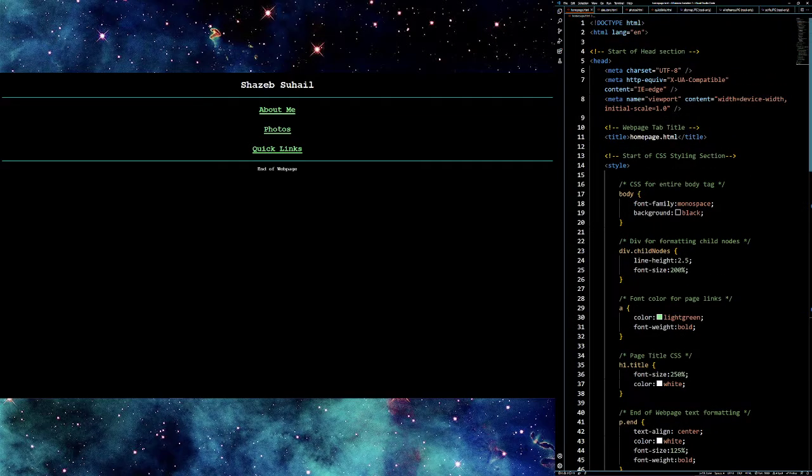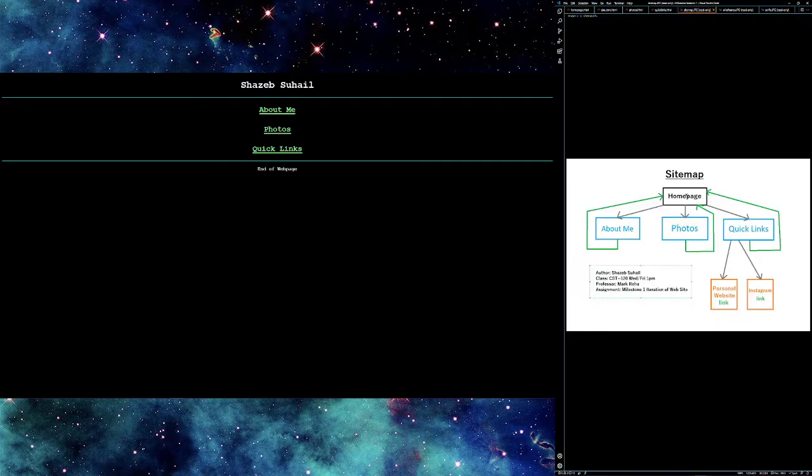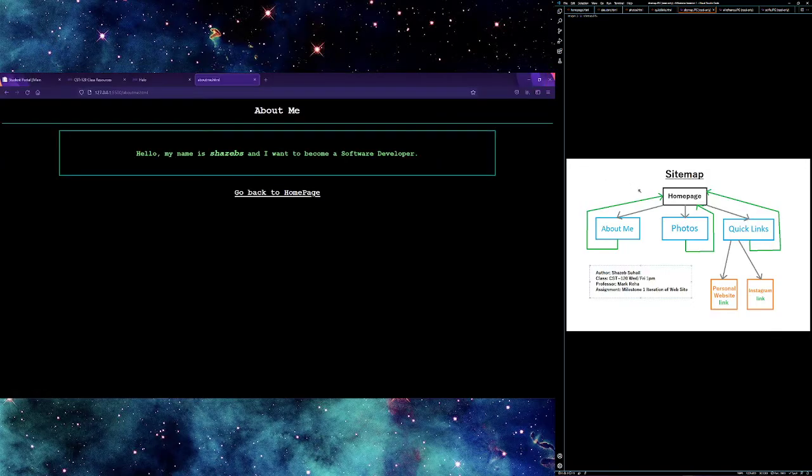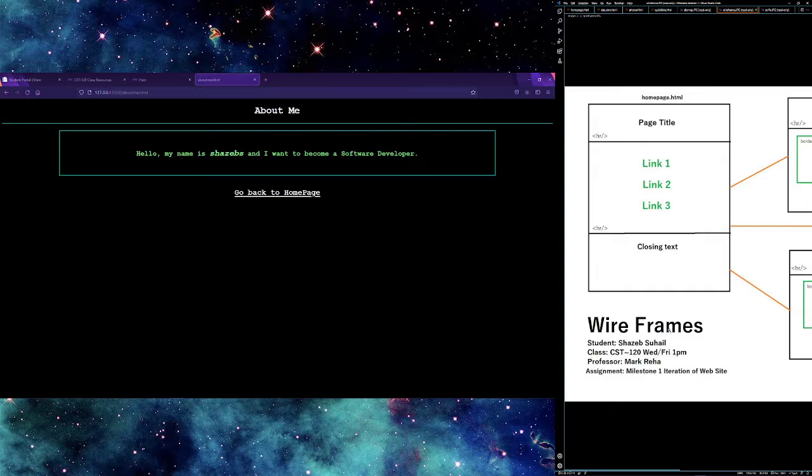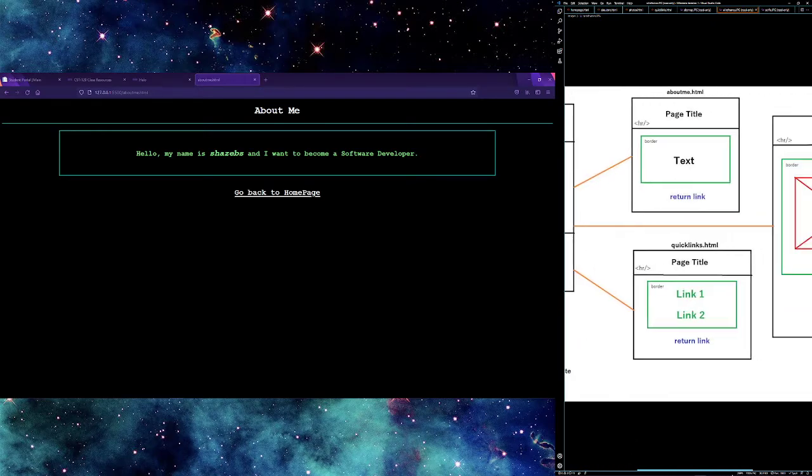So now if you go back to our sitemap, we can see that from the home page, we can go to the About Me page, we can go to the Photos page, and we can go to Quick Links. So we might as well start off and go to the About Me page. So here we go. Now looking over at the wireframe for this item right here, we'll scroll over a little bit,